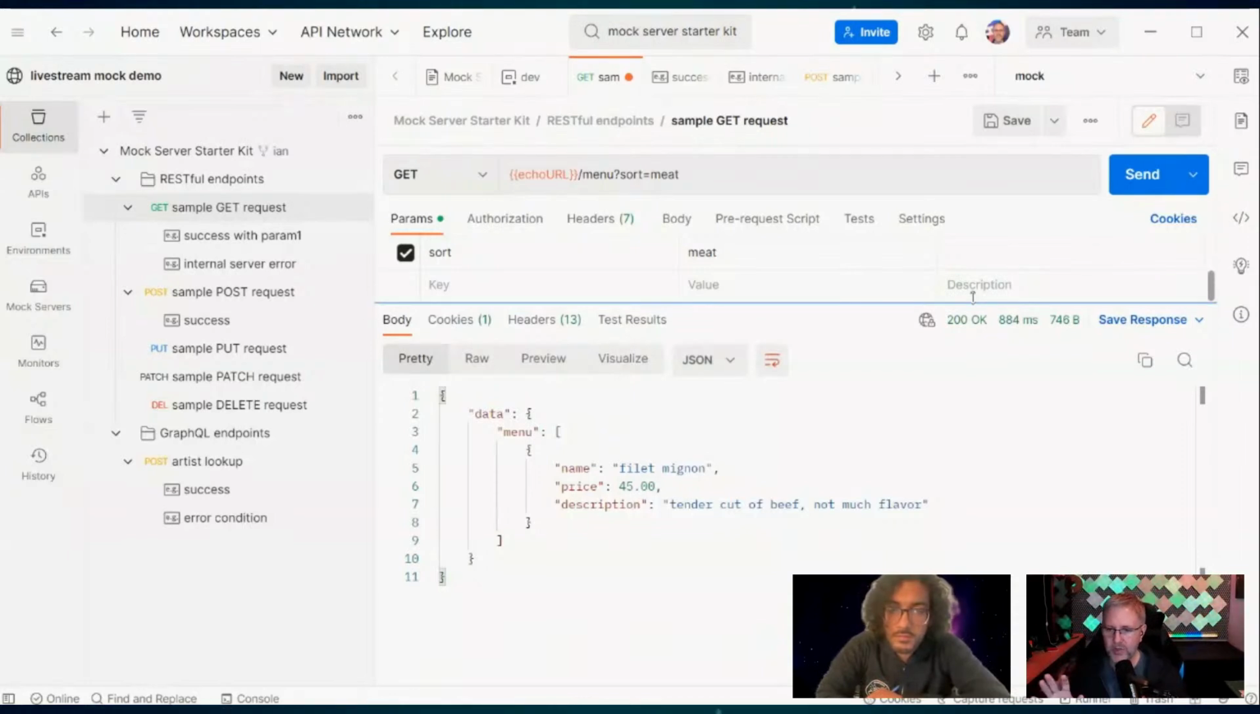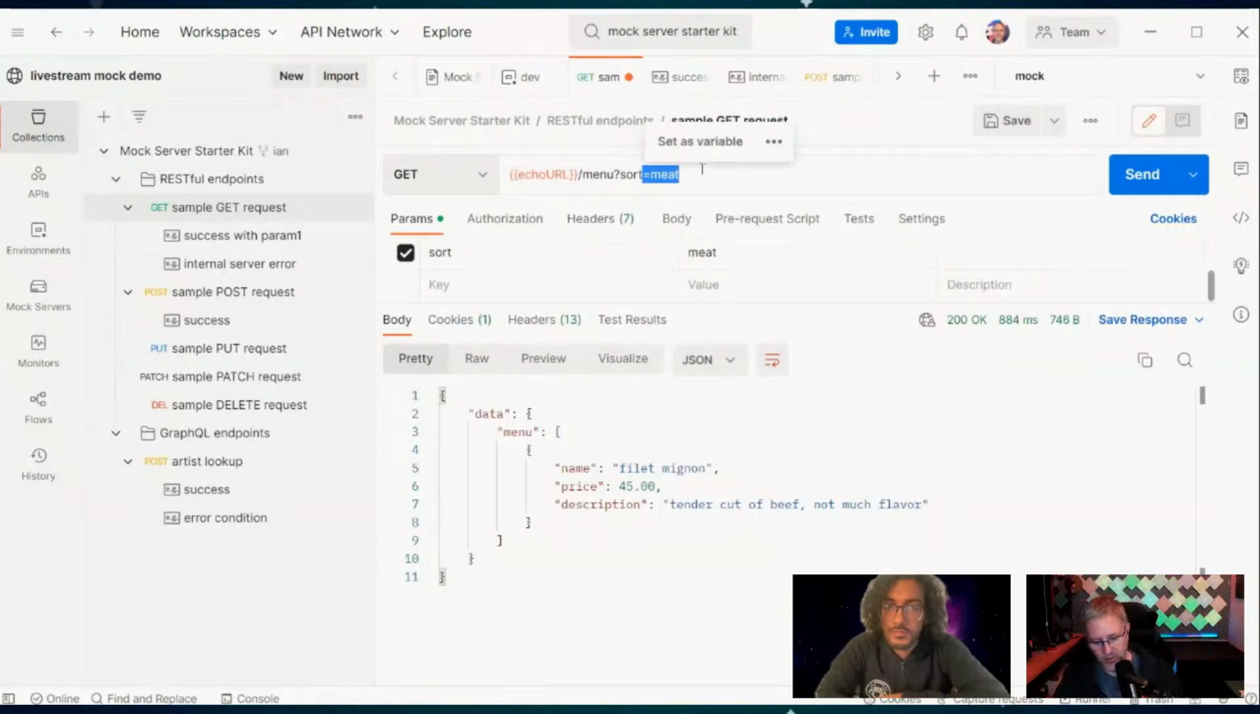And so now we could go in and start building test code for this and say, I expect the data structure to come back and look like this. I expect it to have these elements. Like I expect there to be a price. I expect that price to be greater than 0. Things like that. But if we come in here and we sort based on salad,